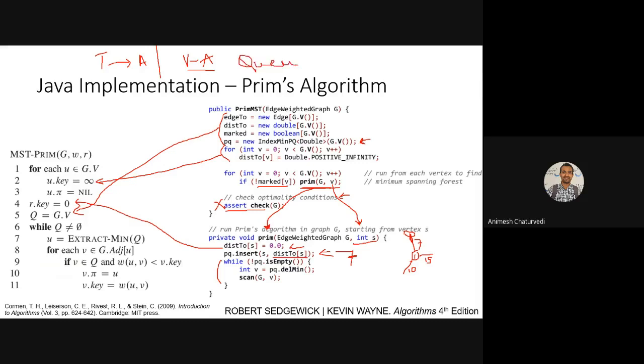Q was the data structure we use. This is a tree, or you can say graph, because a tree is also a kind of graph, so a graph data structure could also be used. But the queue would be a minimum priority queue, and this loop will be executed till the queue is empty. So what does this while loop belong to? The while loop belongs to the statement that the queue is not null. Then what does it do?